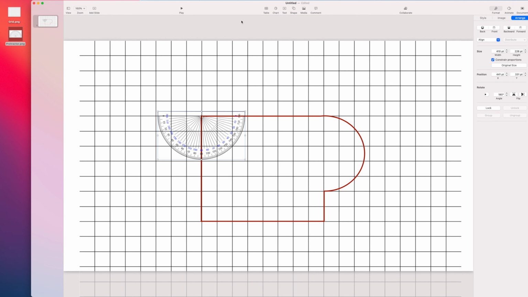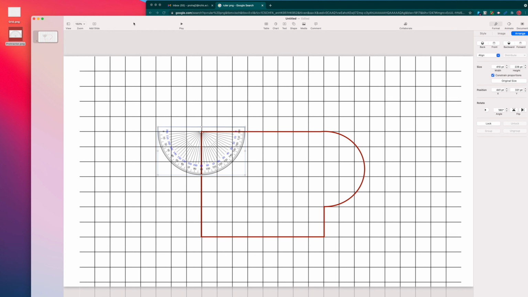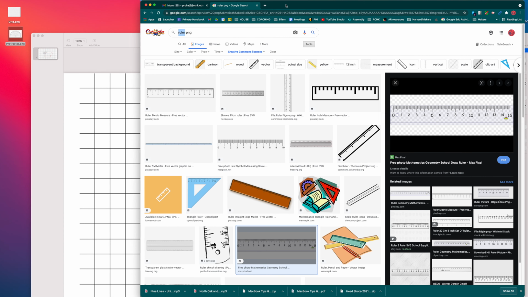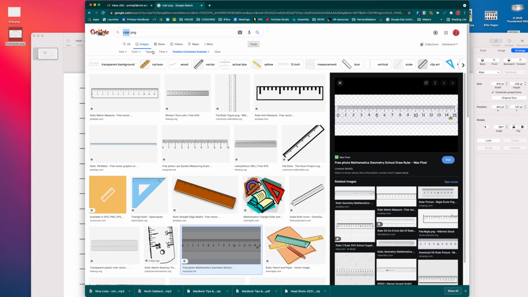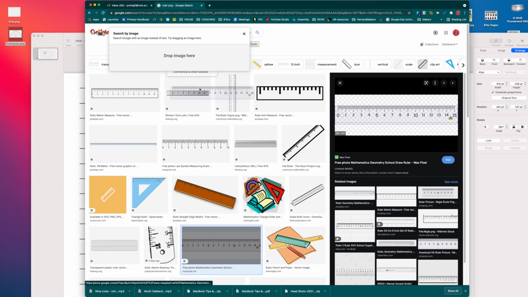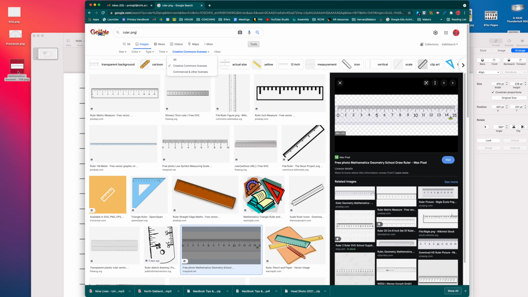And you may be asking, where does he get these wonderful tools? Well, actually, they're very easy to find. If I go online and do a Google image search, and of course, Creative Commons licenses that allow me to use it, if I search for ruler PNG, a PNG is a good one to look for because usually it means the background is transparent. And in this case, I have a ruler. If I drag the ruler out here,